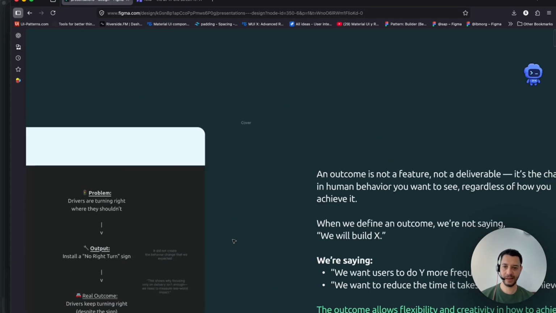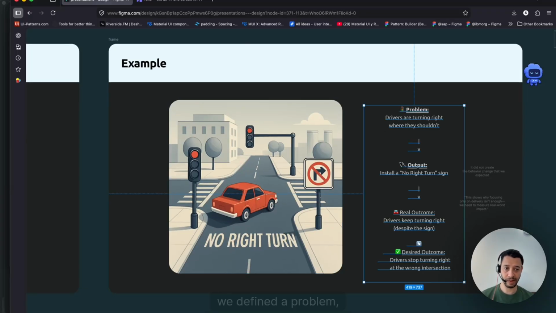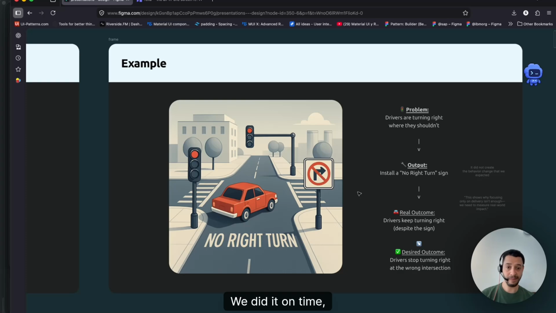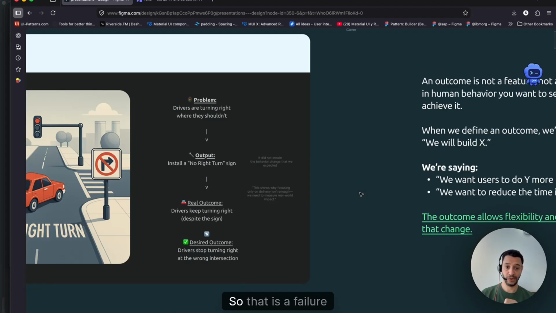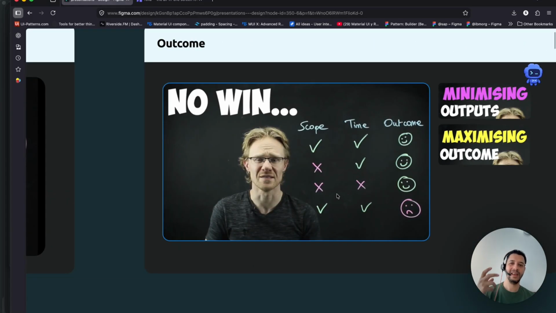In this case, if we go back here, we may say, okay, we defined the problem, we created the outcome, which is this signal. We did it on time, we did it on budget, but we didn't achieve the outcome. So that is a failure, because that's the main purpose of the design, right? You didn't achieve the desired outcome.